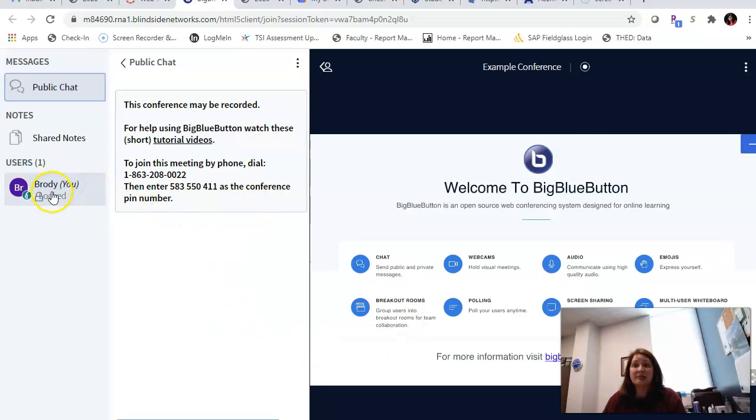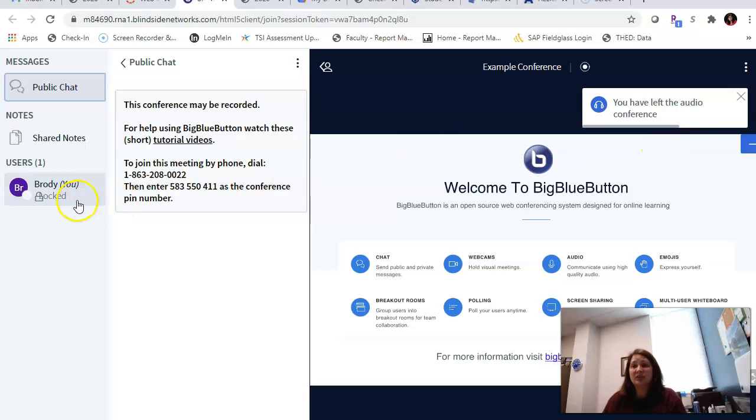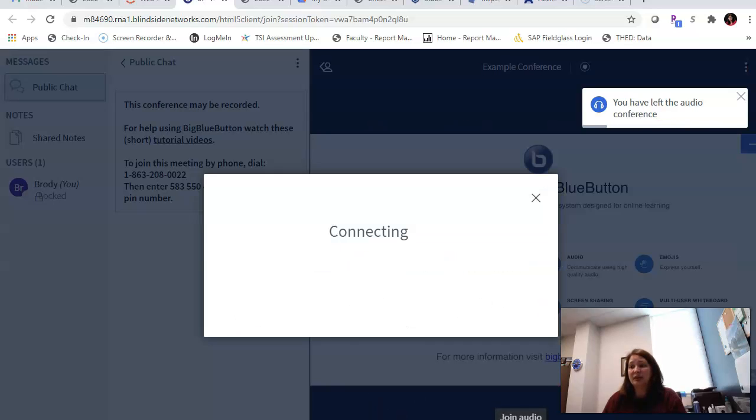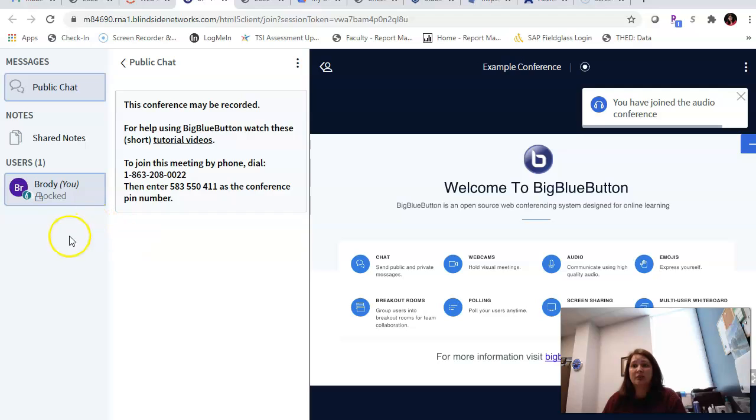Notice it only let me go in using my audio. So sometimes I may have to log out or something like that. Sometimes I leave audio, and sometimes I join audio, things of that nature.